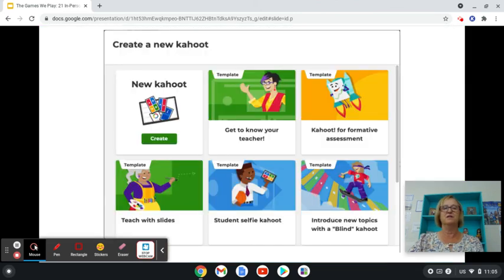They have all the different options for questions. You can actually teach with Kahoot with the teach with slides option. You can introduce your new topic, have little formative questions in the middle of it, and just teach your lesson with a Kahoot.